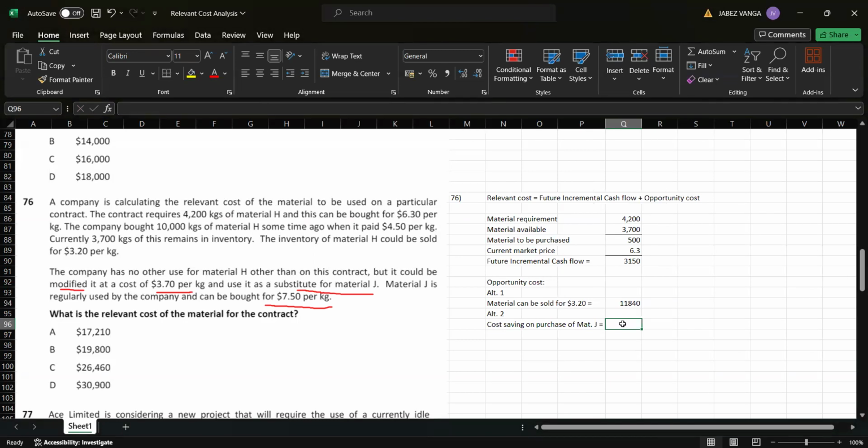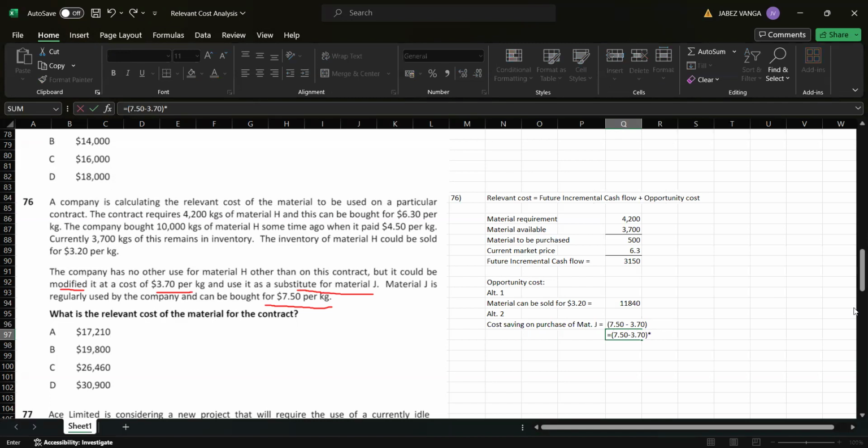Cost saving is 7.50, but after modification cost of 3.70. So the total cost saving is 7.50 minus 3.70